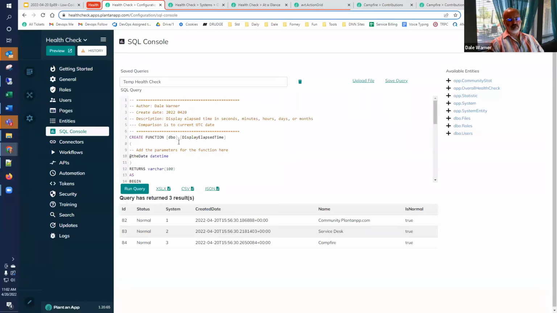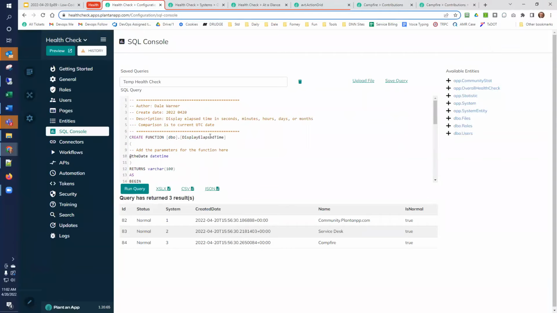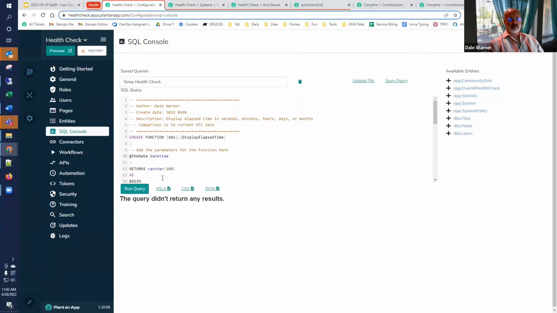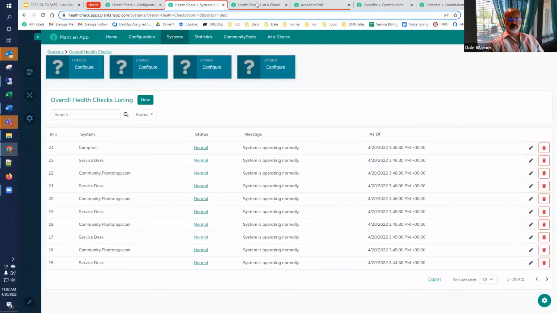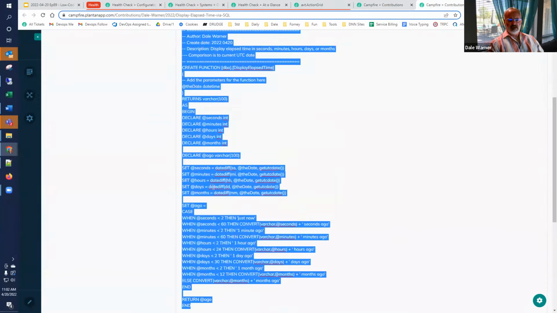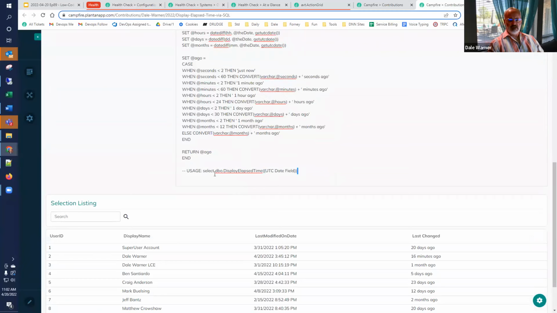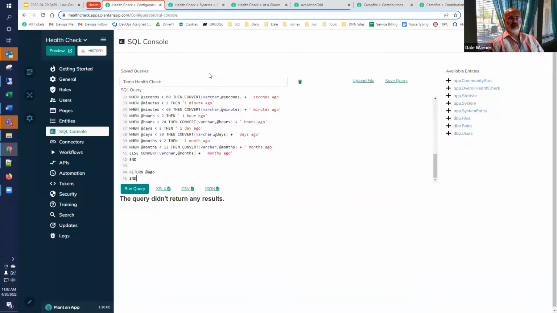You can also do this in SQL Server Management Studio. What it's doing is creating a function called display elapsed time. So we run this query. It doesn't have any results. And then we can test it out. It shows a test that I didn't copy. You can just do something like select that. And so